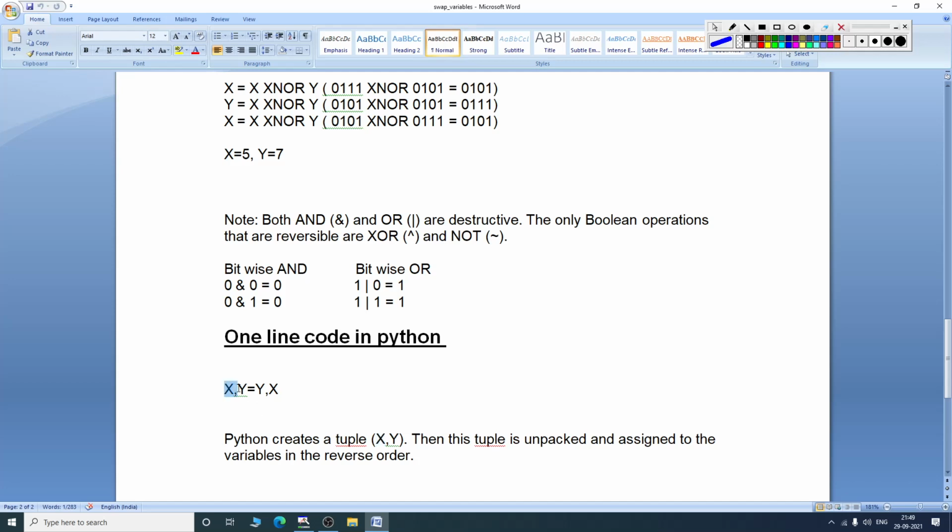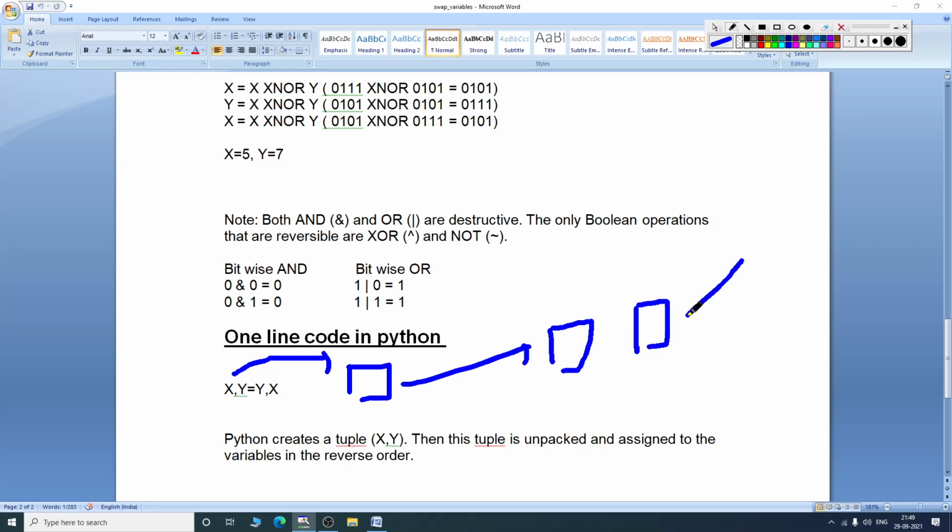So when you write x, y, it packs it into a tuple and again unpacks it and assigns the values. The value of y is assigned to x and the value of x is assigned to y, and this is reflected in the result. As a result, you can see that the values are swapped.